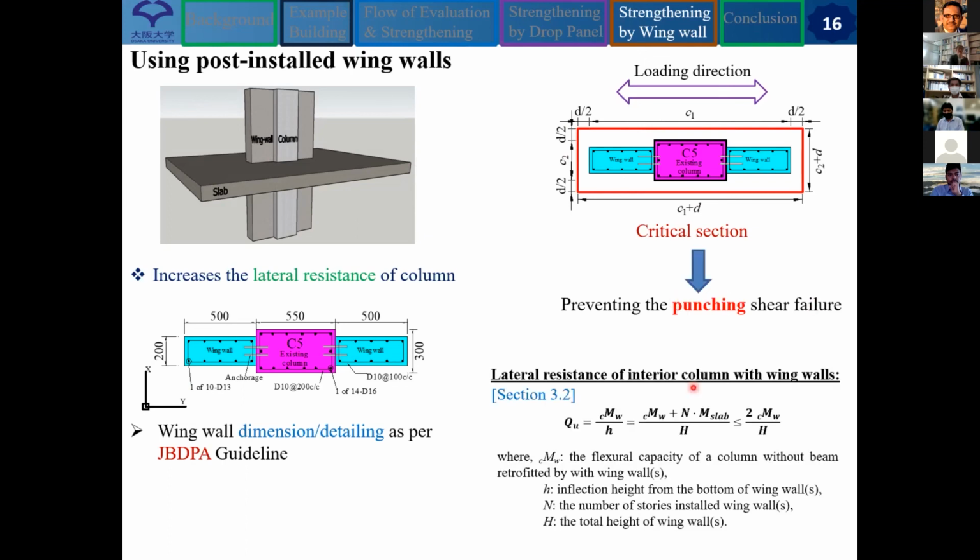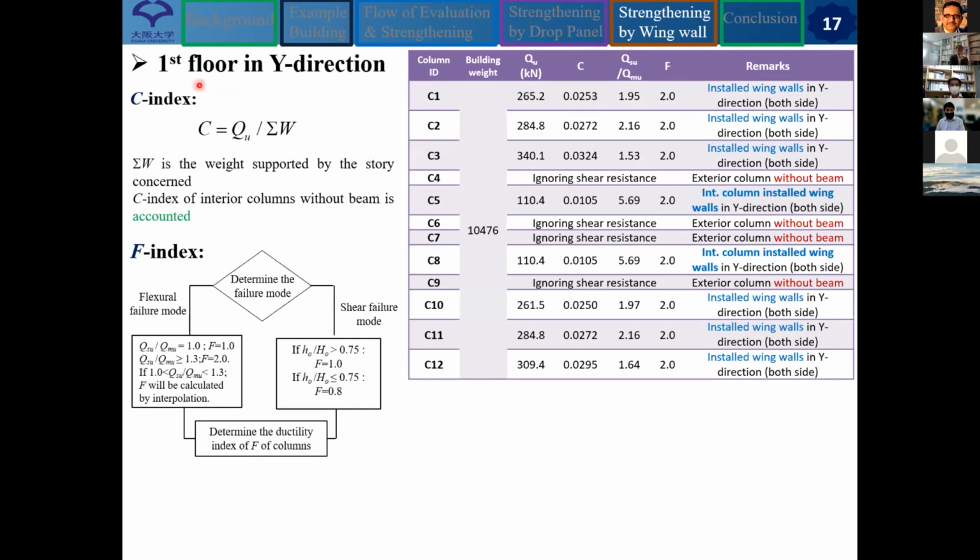And the lateral resistance can be evaluated by this equation according to section 6.2. And now I am showing the first floor in Y direction overall result. Here you can see that, the same as for the drop panel, I am showing the full table. But here we accounted for the interior columns without beam,